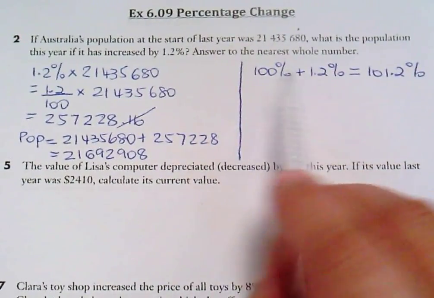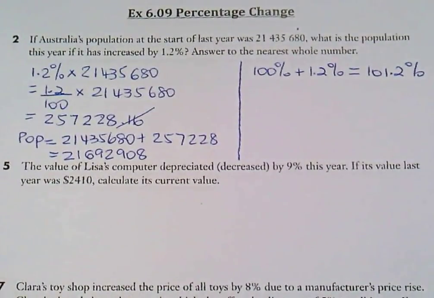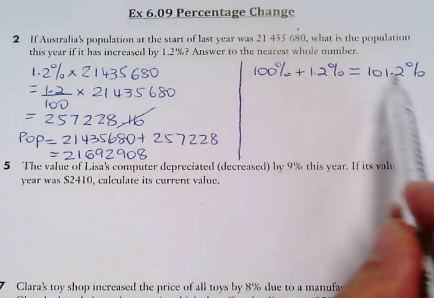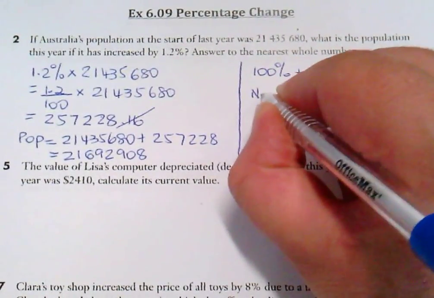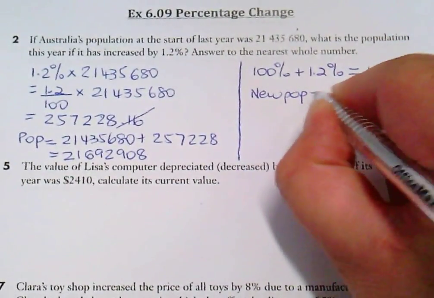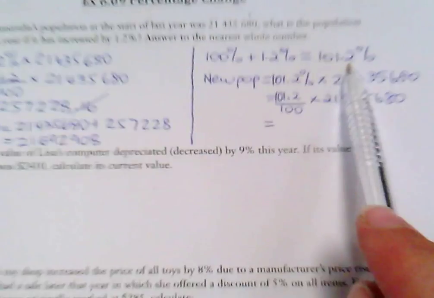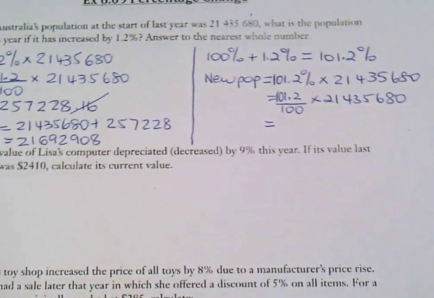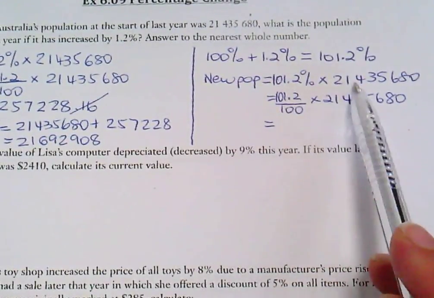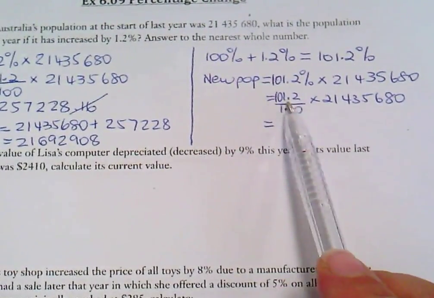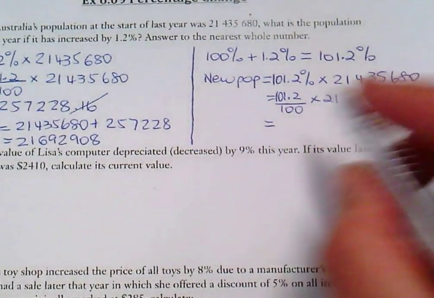So if I'm increasing by 1.2%, I add 1.2% to 100%. You don't do that on your calculator. You just do it in your head. Or you just go 100 plus 1.2, 101.2%. So the new population, if we've got 100% plus 1.2%, our new population is 101.2% of what it originally was. So it'll be 101.2% of 21 million, etc., which is 101.2 divided by 100 times that 21 million, etc., which